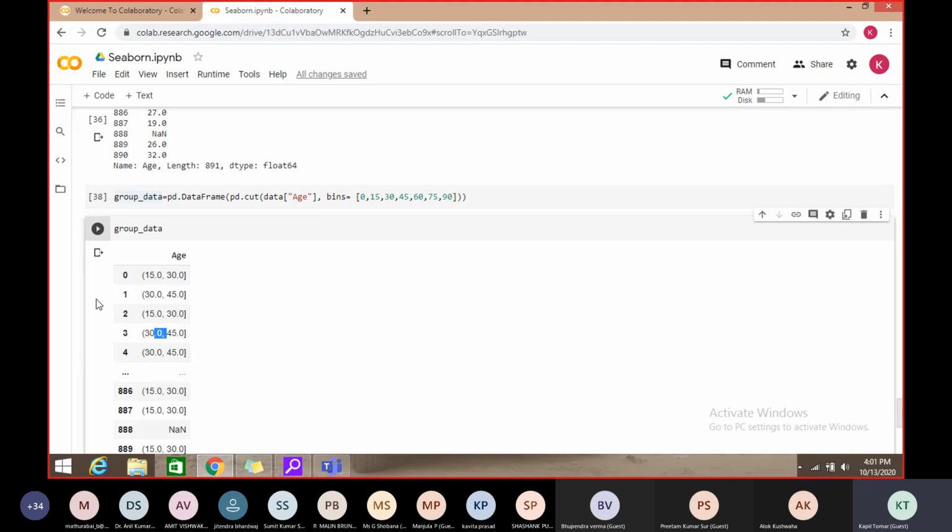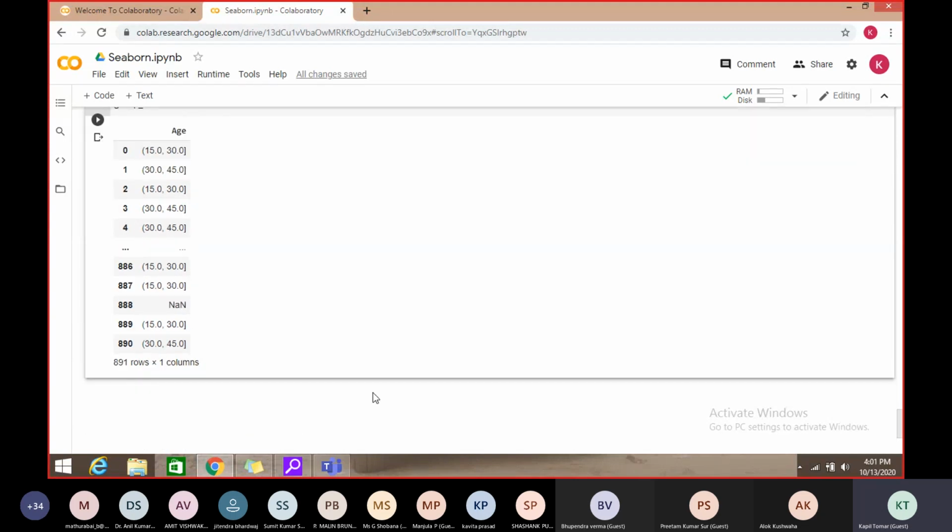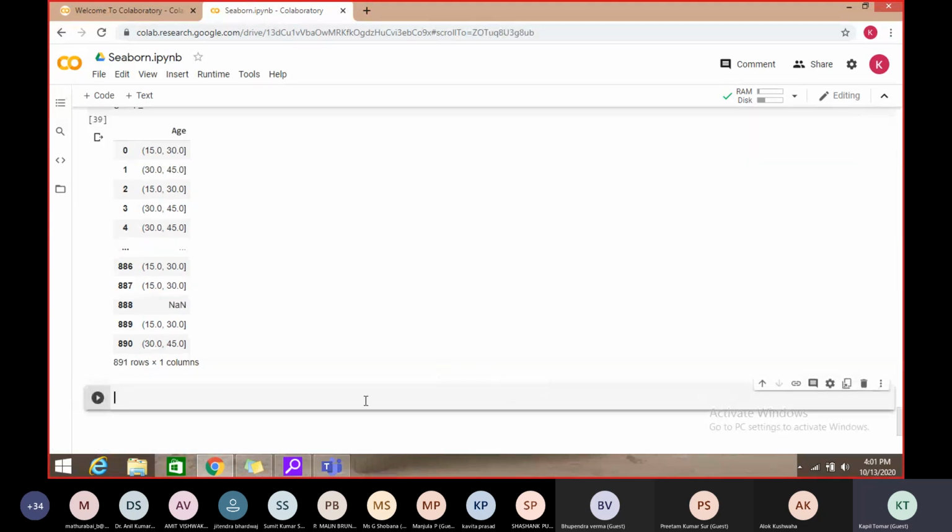Now we can say the first value is in this range. This is one way when we analyze and visualize the data with the help of numbers. Now the same data can be visualized with the help of a bar graph, right?